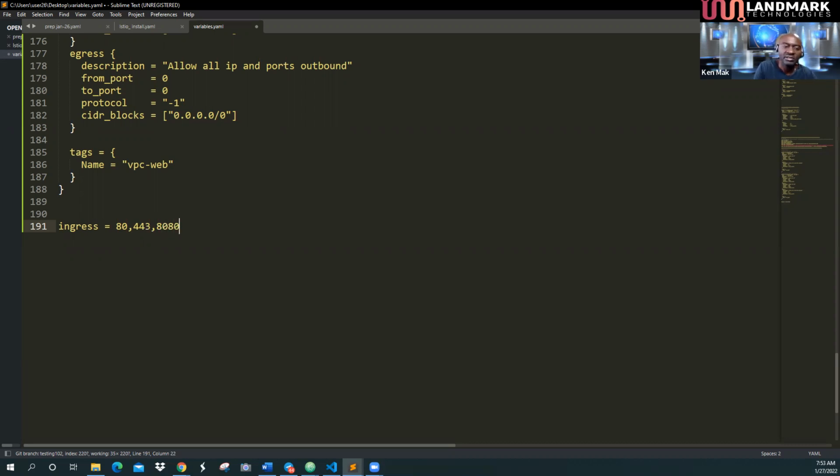This is for your ingress rules. Also, I want you to open port 22. And then for your egress,